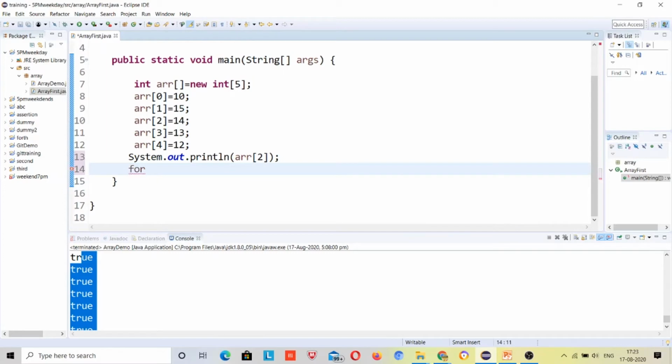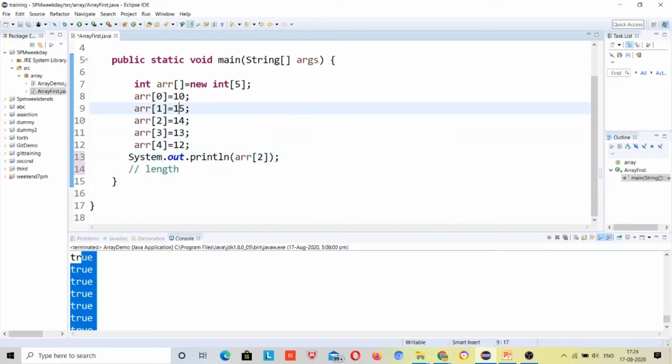Before that there is a method like length. This length method counts the number of elements, the number of indexes present in the array, right?